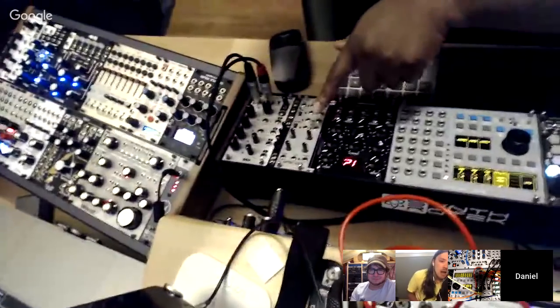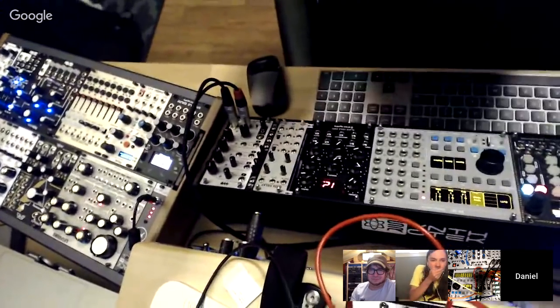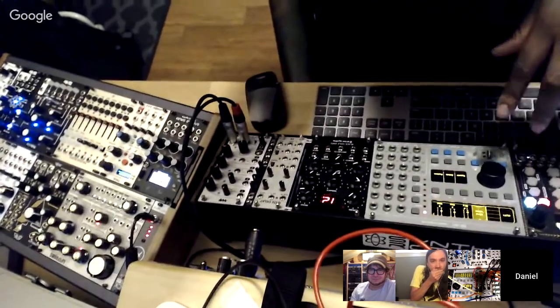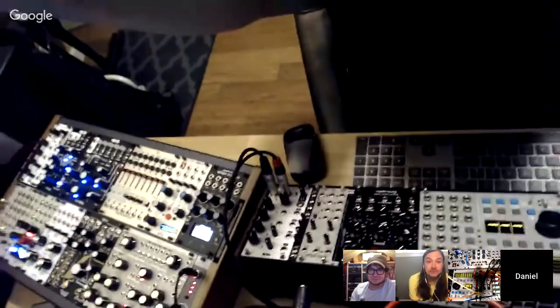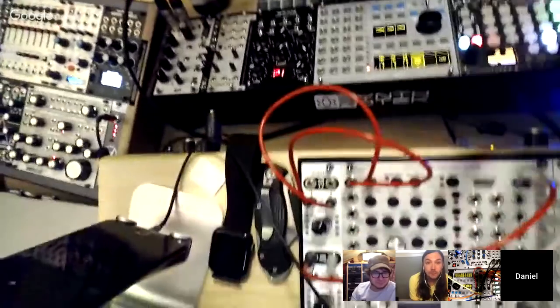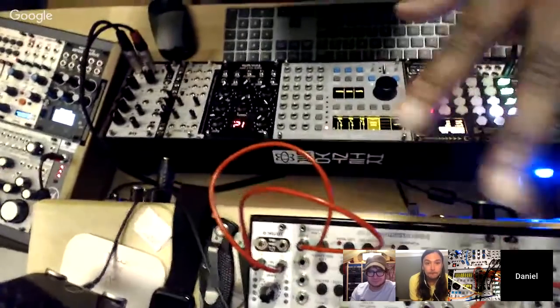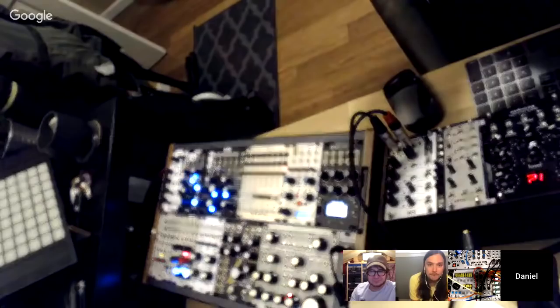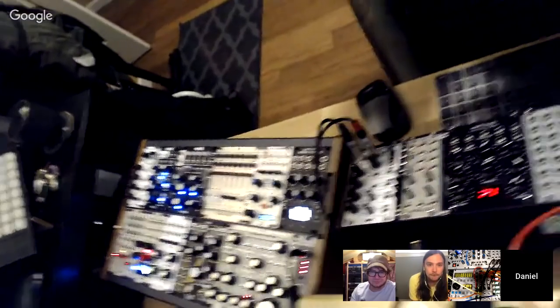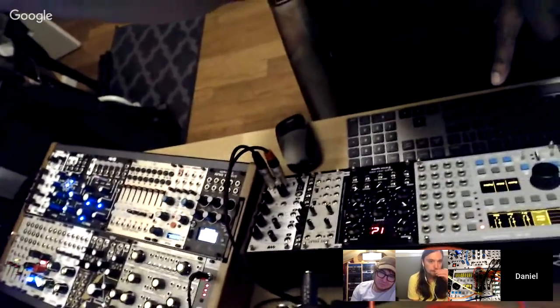I have a gate delay here because this sequencer doesn't have any delay and I can't get swing in my life without gate delays. And then up here is the Assimilator and the Varigate 8+ that I sequence all this stuff together with. And over here is a bunch of stuff that I might be getting rid of soon because the ER-301 just does it better.